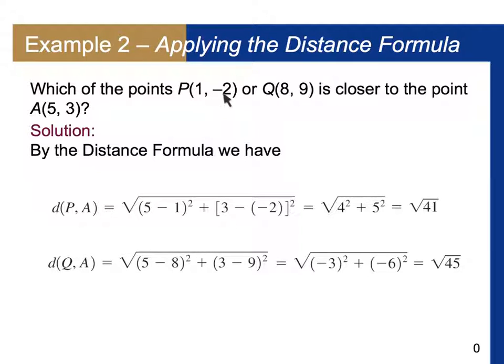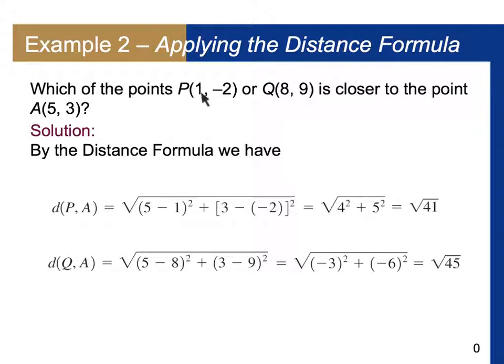Okay, so here's an example. We have point P (1, -2) and point Q (8, 9). And we want to know which of these points is closer to point A (5, 3). Now we could do that by plotting it, but what we can do is take the distance between these 2 points, P and A, and then take the distance between Q and A and see which one's smaller, right? So the distance between P and A is